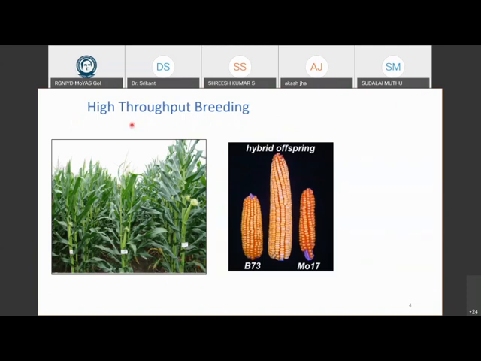One of the first things people did is go into high throughput breeding. That means you're trying to come up with various plant varieties that can give you good yield. For example, in the figure on the left side, you can see there are 3 maize plants. If you take the one on the left and the one on the right and cross them together, this is called a hybrid, and that's what you get in the middle. What you notice is that the one on the left, labeled B73, and the one on the right, labeled MO17, if they are hybridized, the output is much higher.